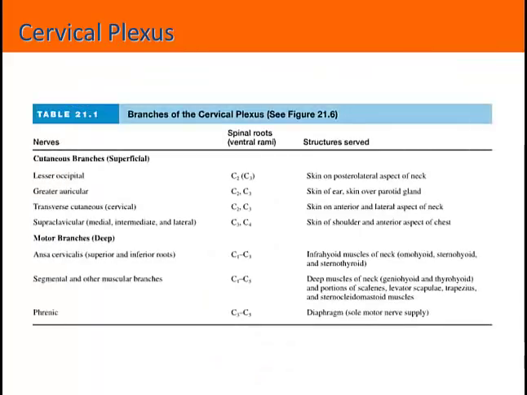And so anytime we talk about the nerves that arise from these plexuses, we want to consider a few things. One, you need to be able to identify the nerve, obviously, but we want you to also be able to identify the origin of that nerve. And so which spinal roots give rise ultimately to that nerve, and then we want you also to be able to identify which structures are served by that nerve. And in doing that, you want to consider whether or not there are both motor and sensory functions to that nerve. If there are motor functions, you want to be able to identify which muscles are served by that nerve.